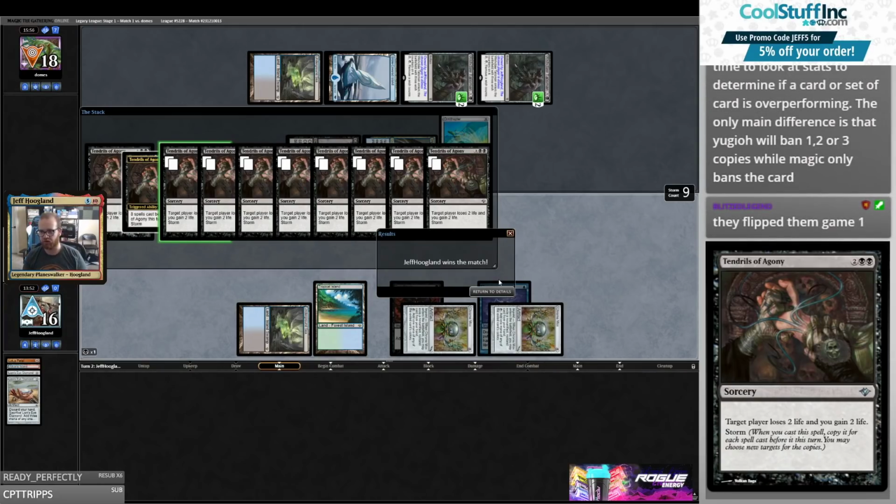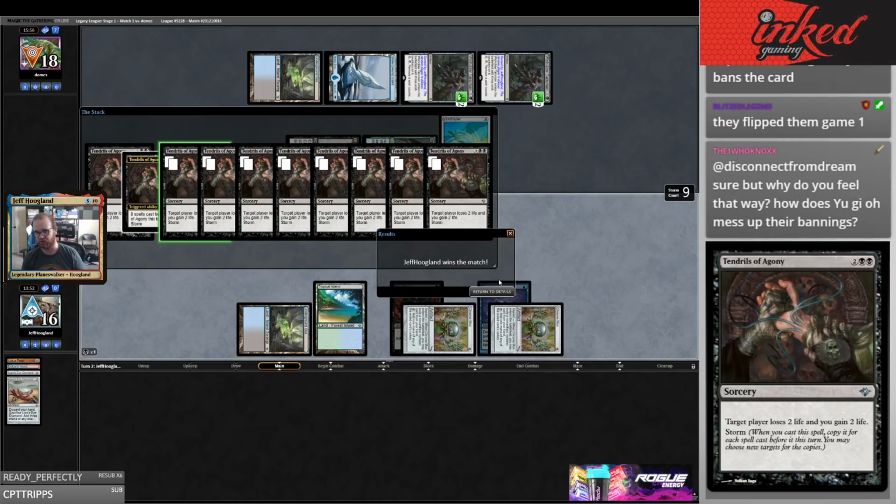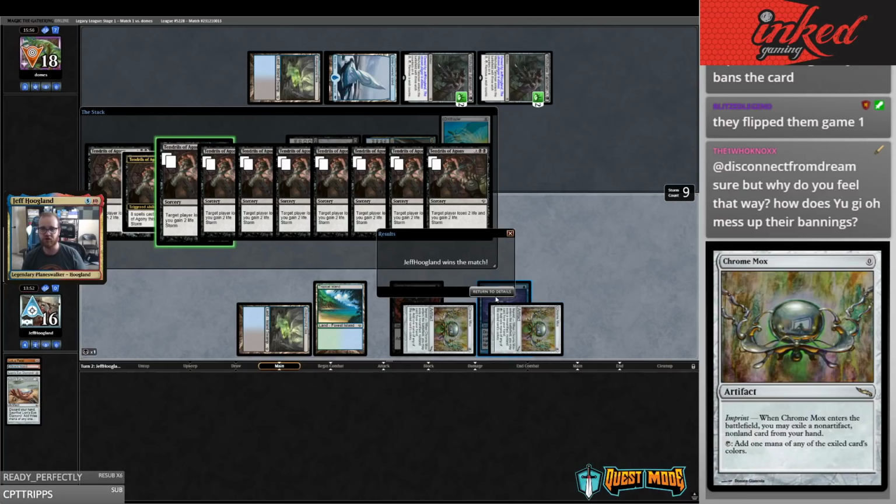Yu-Gi-Oh! will just ban a card to ban a card versus actually taking time to look over stats to determine if a card or card set is overperforming. So